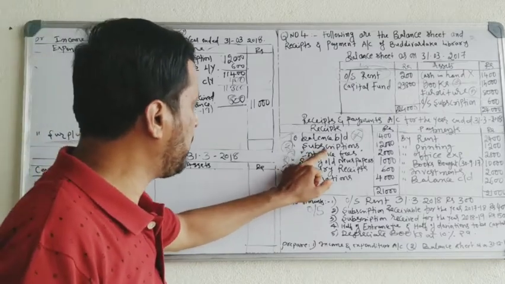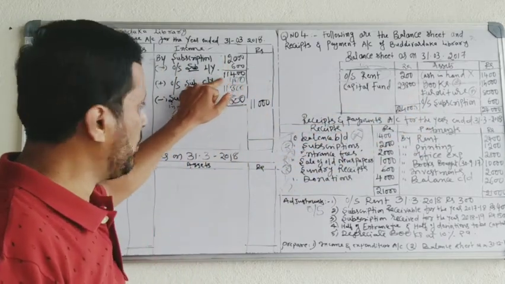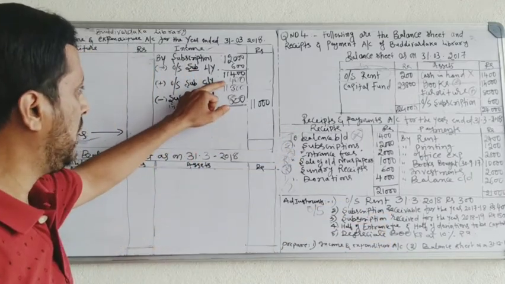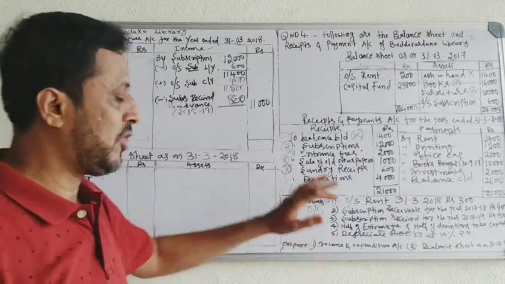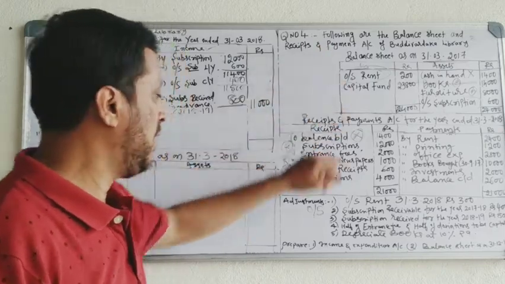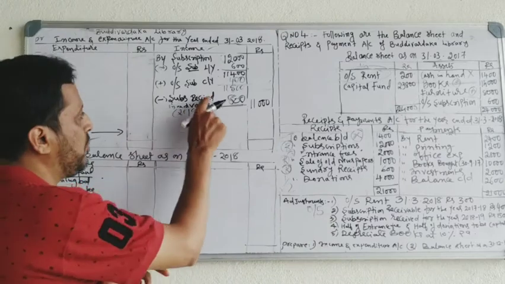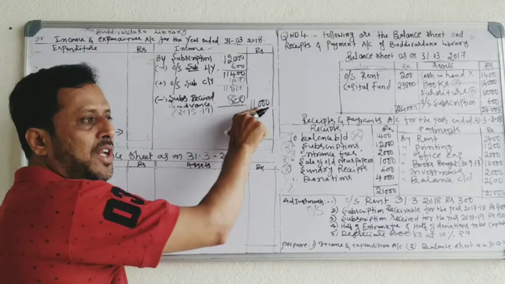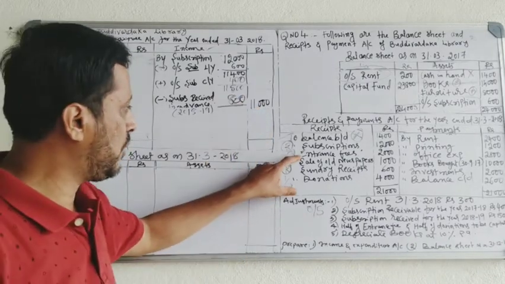First, you have to take the subscription 12,000. Last year outstanding minus 11,400. Current year outstanding given in second adjustment, add. Total is 11,800. Subscription received in advance is not given in the balance sheet, so don't add it. Subscription received in advance is given in the adjustment, so deduct subscription received in advance of 2018-19, 800 rupees. Net subscription of the current year is 11,000. So subscription is over. Next, go to the second one.